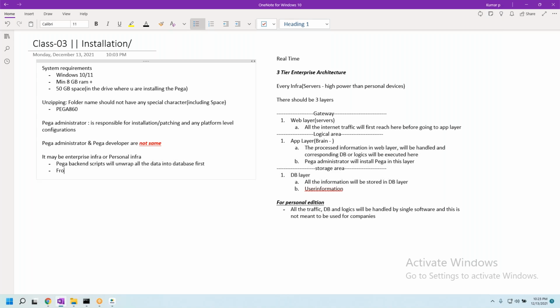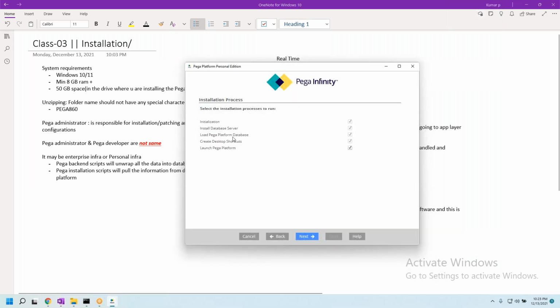And then from the database, the Pega installation scripts will pull the information and install, or construct, the platform. Basically, this is the meaning of load from database.